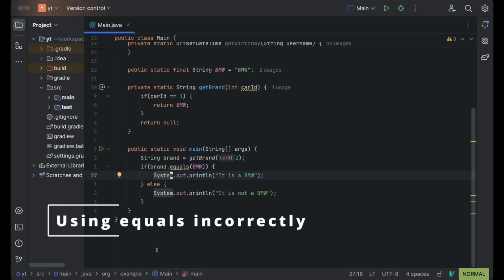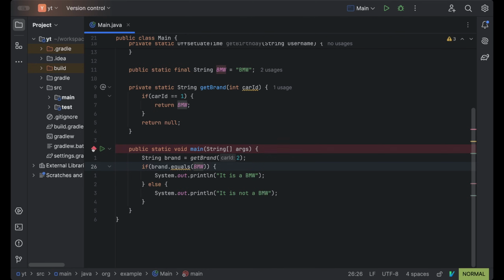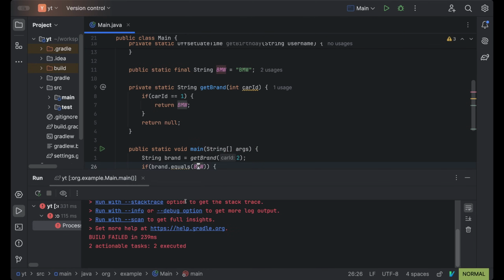Using equals incorrectly is a very common mistake. In this case, I have this variable called brand that calls the getBrand method. And the issue over here is that the brand variable can be null. And over here, I'm comparing the brand against a constant. And if I execute this, I'll get a NullPointerException